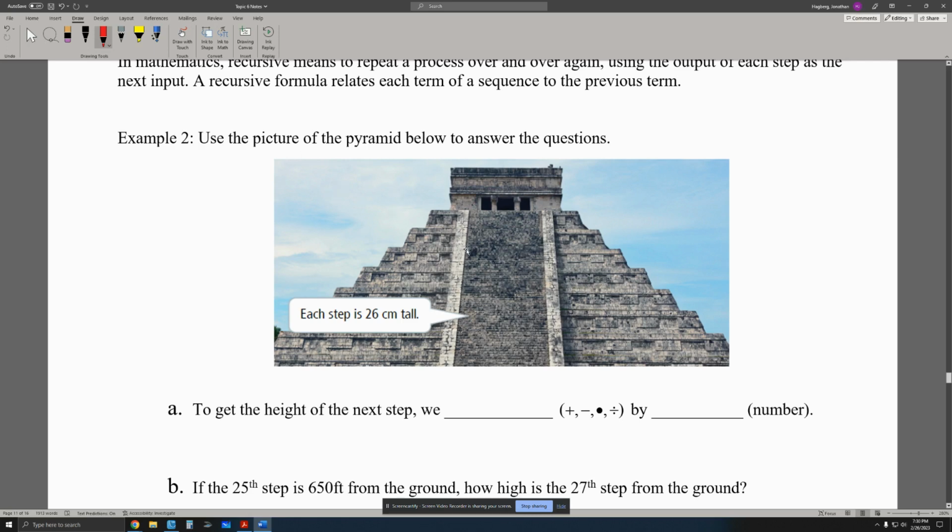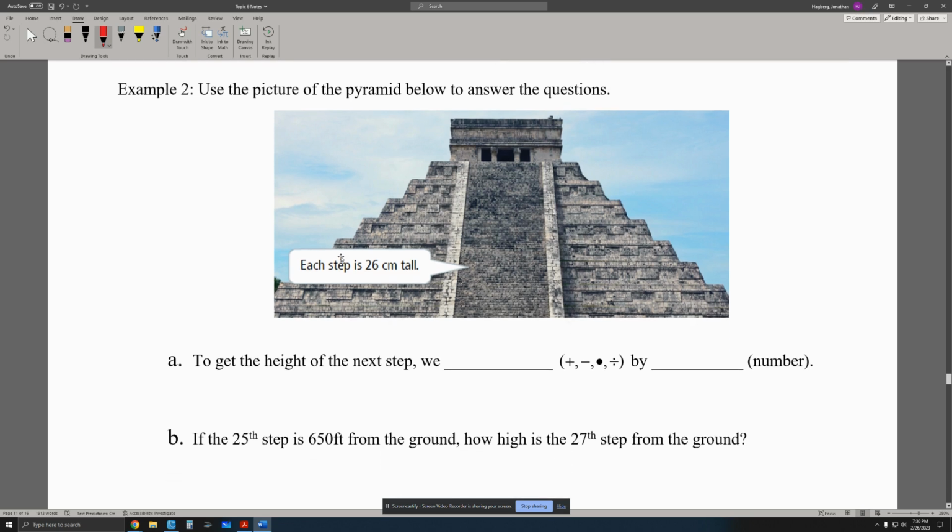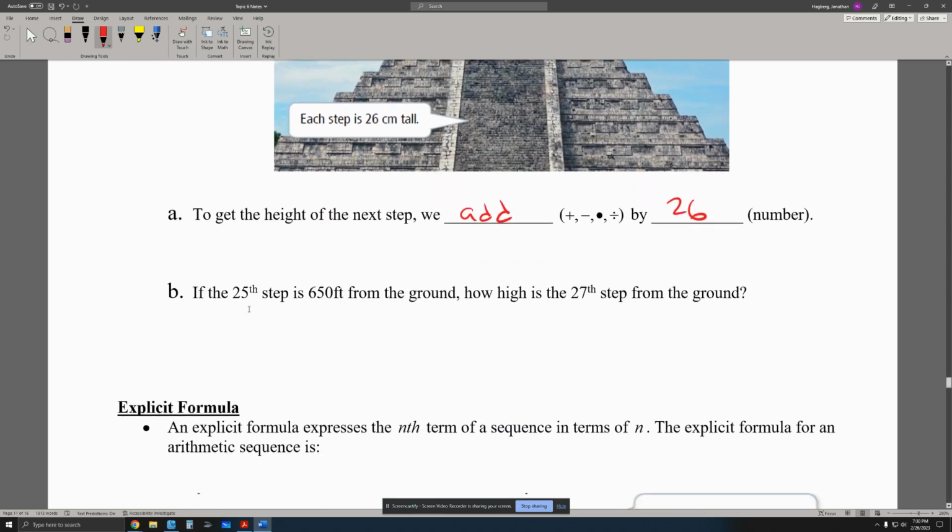Okay, so example 2, let's use this picture of this pyramid to answer the questions. So we know that each step is 26 centimeters tall. So if we were trying to get the height of the next step, we would add 26. So if I know that some step is some height, to get the height of the next step off the ground, we add 26 because we know that's the height of that step. So therefore, if the 25th step is 650 feet from the ground, how high is the 27th step? Okay, so if we're at the 25th step and it's 650 feet off the ground, and we know that each step is 26 centimeters tall,